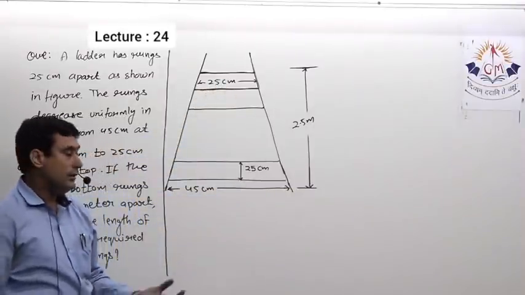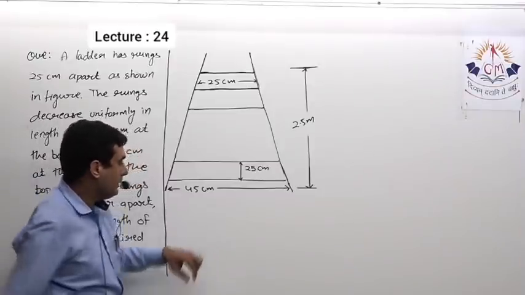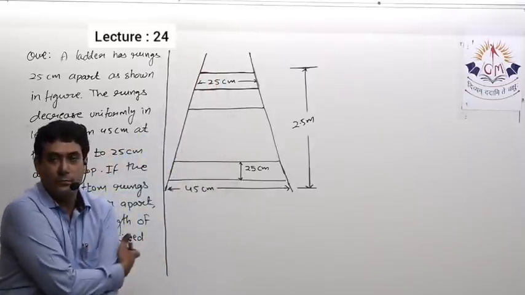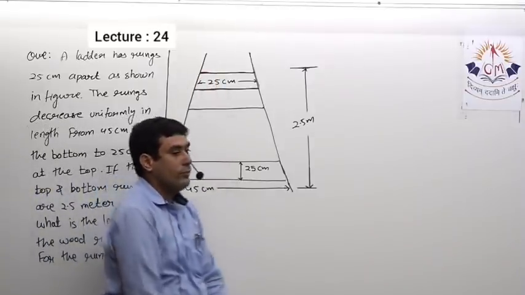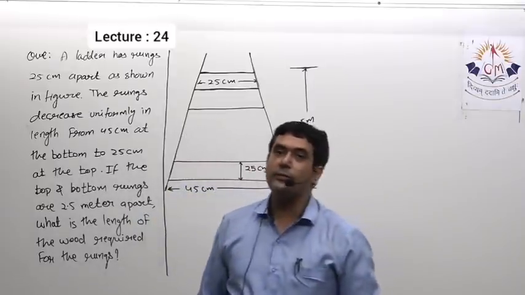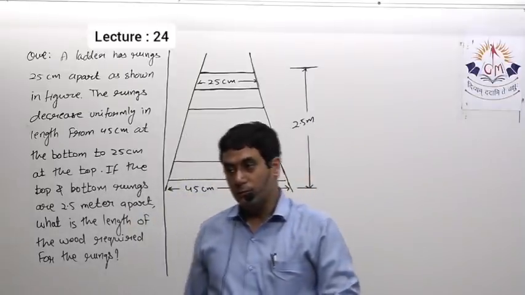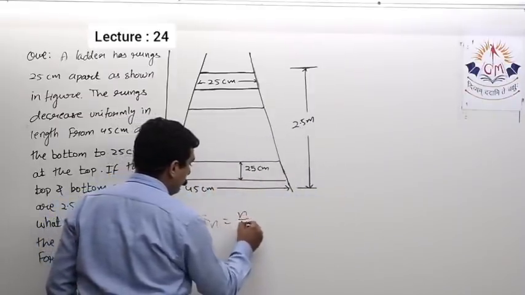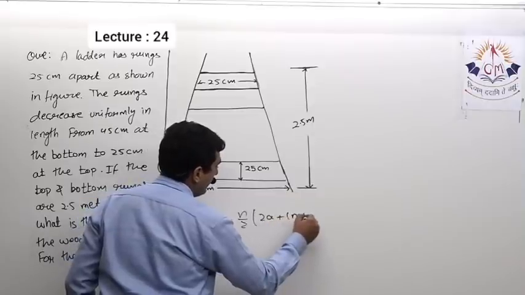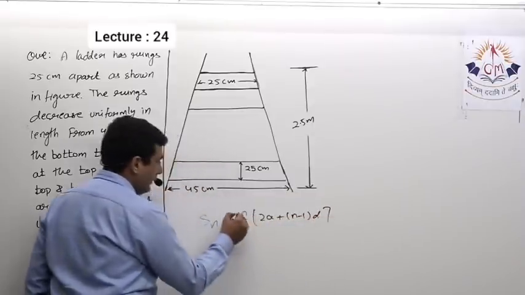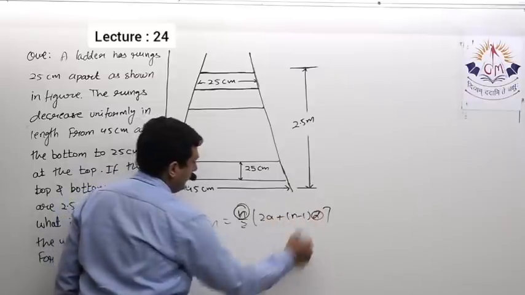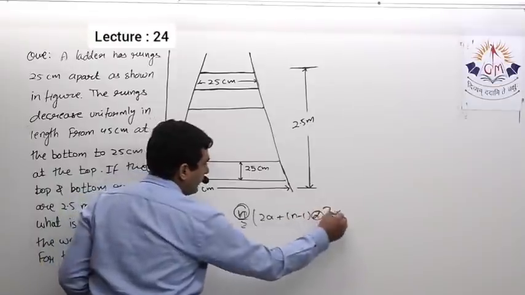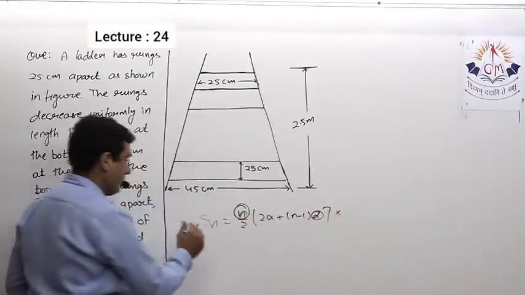So if you see this question in terms of arithmetic progression, we can say the first term is given, the last term is given, and we have to find the sum. Now when the first term and last term are given and we have to find the sum, what do we need more? The formula of sum is either n by 2 into 2a plus (n minus 1) into d. Over here we definitely need n and d. Common difference is not given, so we have to skip this formula because two quantities are not given.